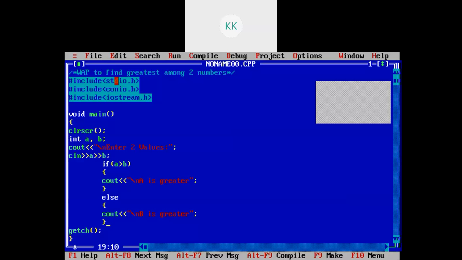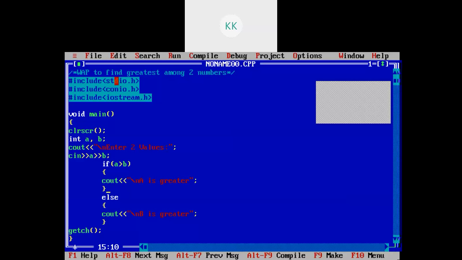So we need to add more statements, that is we need to use a nested if else statement in that case. So if you want to use a nested if else statement, we need to write here.